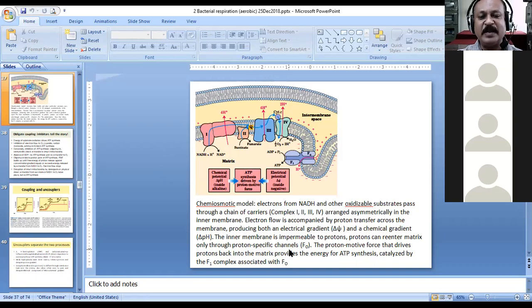The inner membrane is impermeable to the protons. So whatever protons are going out from these proton pumps, as we can call them because they are pumping the protons outside, these protons cannot come back inside whenever they want and from wherever they want. They cannot come because the inner membrane is impermeable to the protons. So how do they come then? They are exerting a pressure on the membrane, and then what they can do is there is this ATP synthase enzyme. Can you see that here?